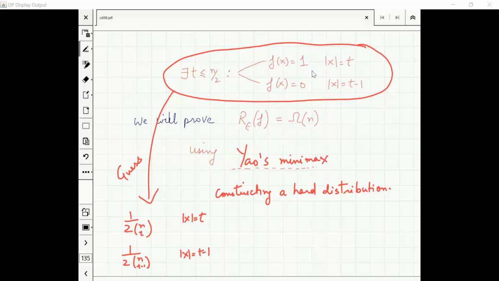Now, what do we want to say? Suppose you have a deterministic tree whose depth is some constant fraction, let's say n by 100 or so. Then this decision tree, a fixed deterministic tree of depth at most n by 100, cannot compute f with constant probability according to the distribution, or in other words, on a constant fraction of inputs according to mu, the function will give a wrong value. If I show this, then I am done.